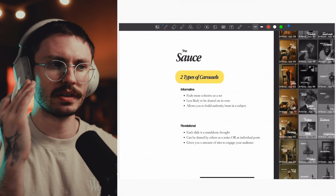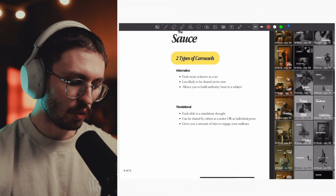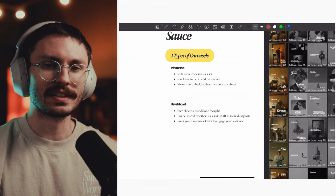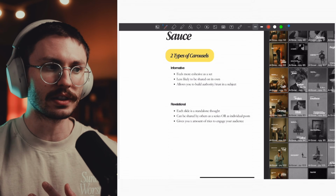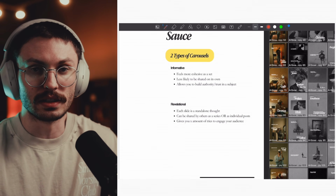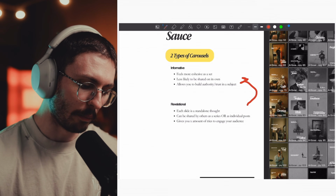Informative posts, pretty self-explanatory. It gives you information on a subject. Revelational posts, though, are where each slide is a standalone thought. It can be shared on its own. You don't even need to know the prompt in order to get the message of what this slide means. The reason this doesn't happen on informational